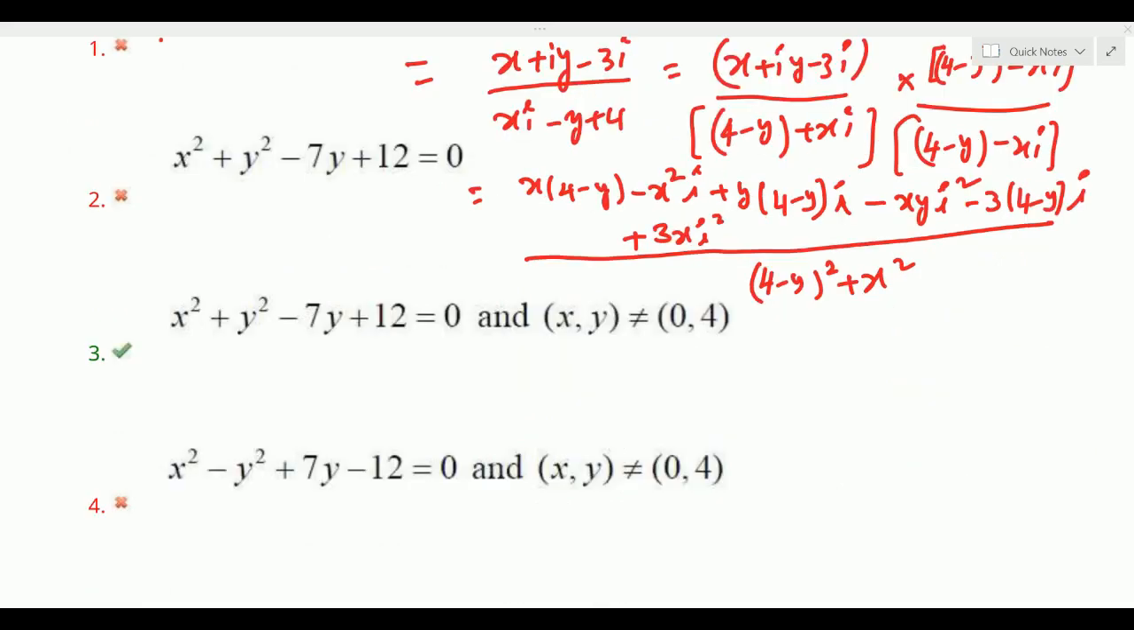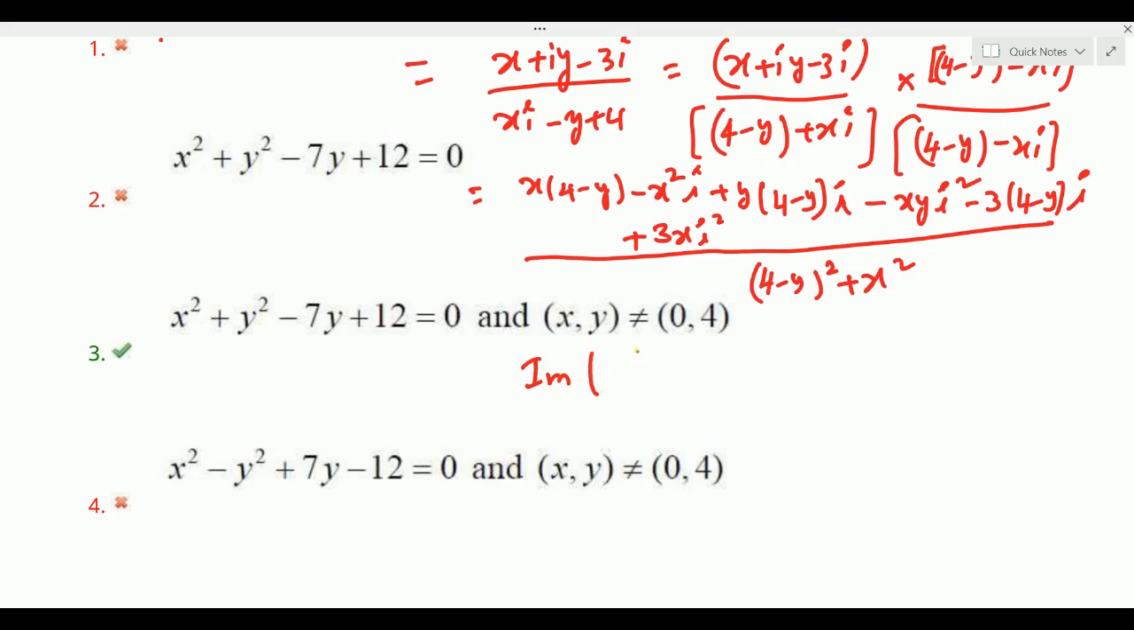Now, what is the first term? X into 4 minus y, that is not real, and minus x square into y, that is imaginary. X into 4 minus y is real, that is not imaginary. So what is in the numerator, let's see the imaginary part. In the whole function, we have to take the imaginary part equal to 0, because what was given is the imaginary part of